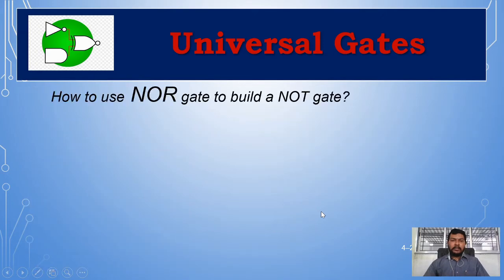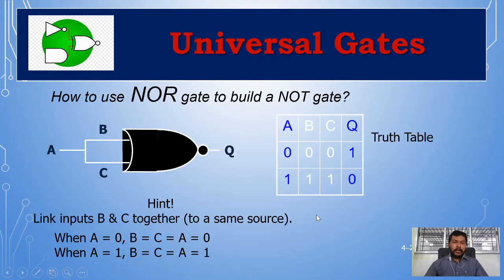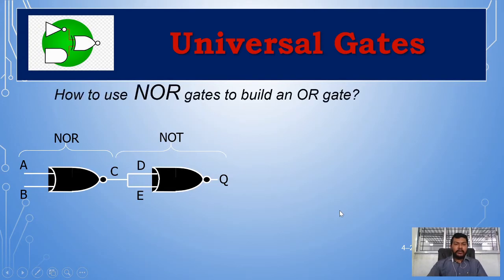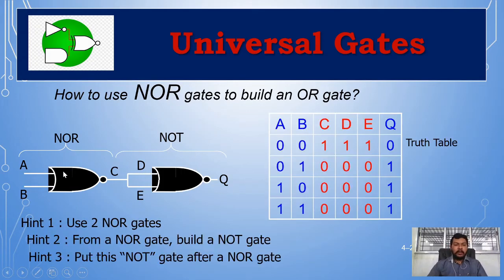Now the second universal gate is the NOR gate. How to use a NOR gate to build a NOT gate? Similarly, as we have done with the NAND gate, if you club both inputs of the NOR gate together and give them 1, this will act as a NOT gate. This is similar to the NAND gate itself. Second is the use of a NOR gate to build an OR gate. If you put a NOT gate after the NOR gate, you will get the OR gate. So OR plus NOT gives you NOR, and NOR plus NOT gives you OR again. This is the combination of that.